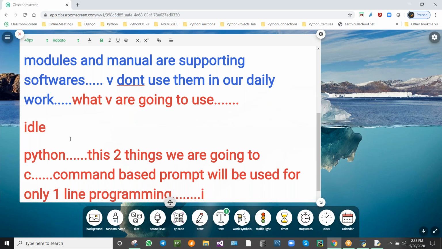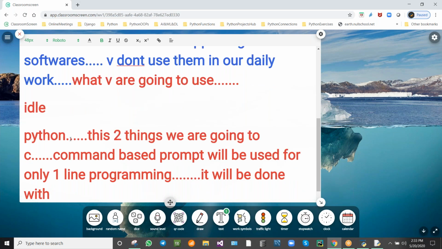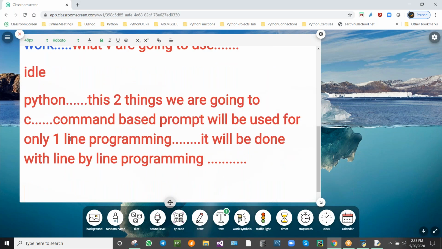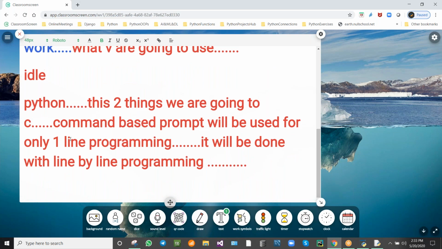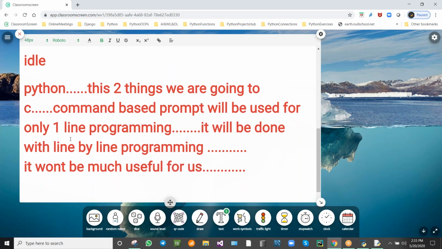The interpreter does line by line programming, isn't it? So it is not much useful for us. So what is useful for us?